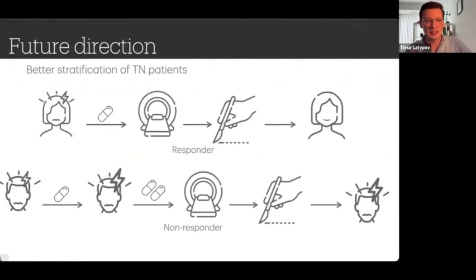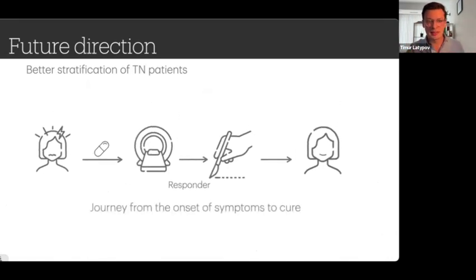And this observation on its own opens the door to a broader discussion on the potential for early diagnosis of these conditions, more effective and timely surgical interventions, and possibly even being able to cure trigeminal neuralgia. The role of surgery in this context becomes very important, and it offers a way of altering this disease trajectory. At the moment, of course, we have two possible scenarios, and we can see this full picture only on the retrospective data. But this hopefully will be the first step to shift the focus from just managing the symptoms of pain towards curing it, and essentially allowing us to choose the optimistic scenario of the patient journey for this chronic pain condition.